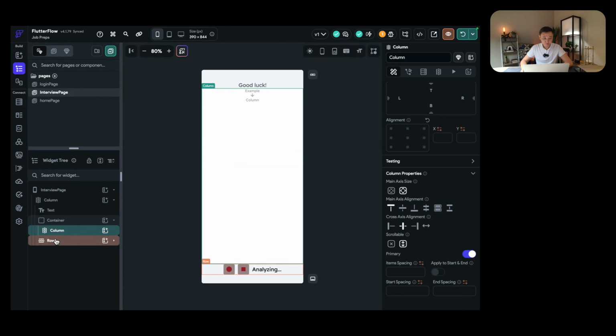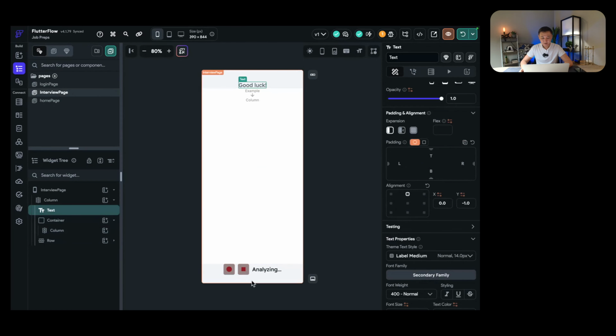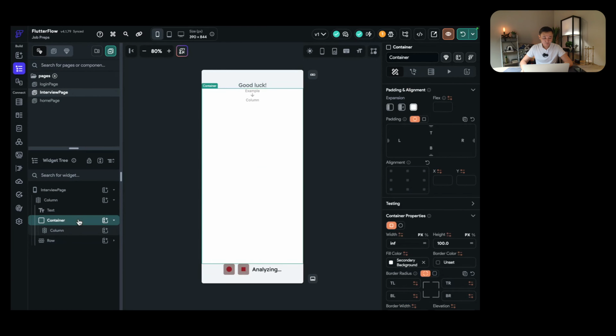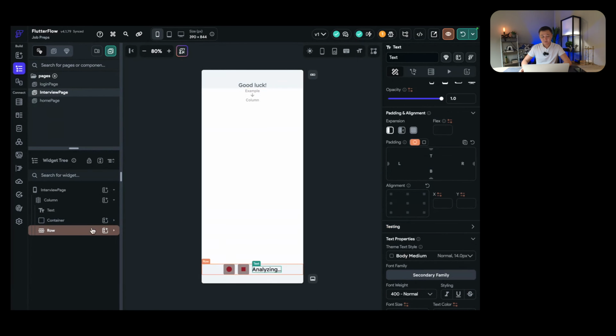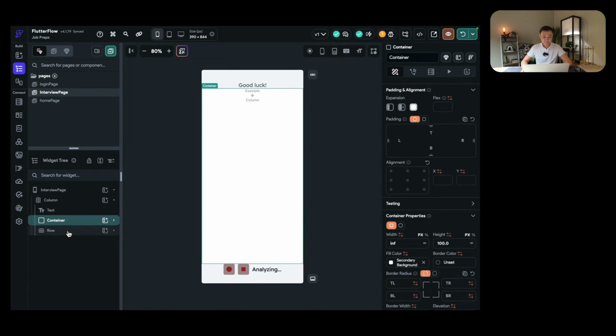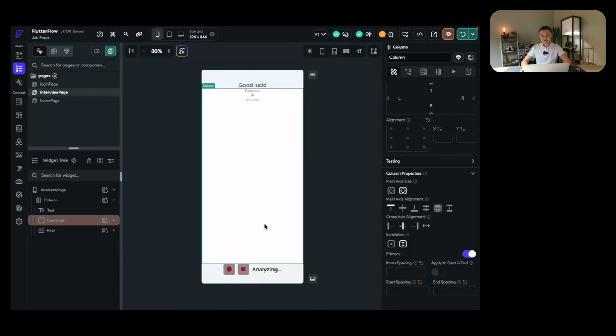Okay, so we are good to go here. Now, what we're gonna do is a little bit more complicated stuff. Maybe for someone who doesn't know what's going on, it's gonna be complicated, but in reality, it's not so complicated. The idea is, when we come here, we need to see the question here, and then we answer, and then after we answer it, we need to have